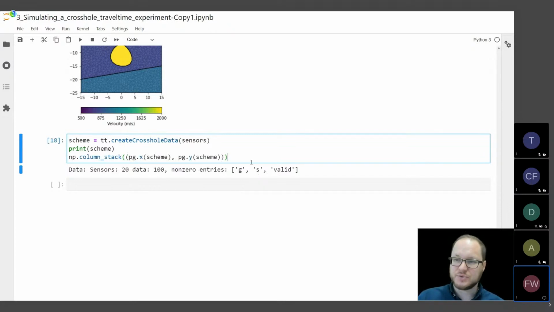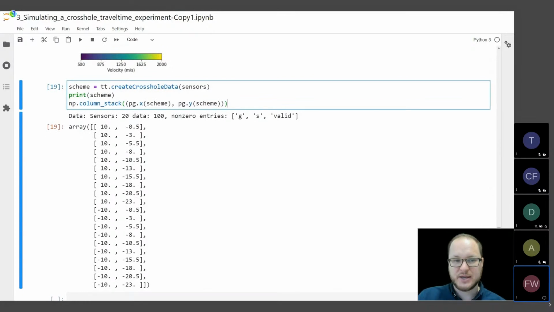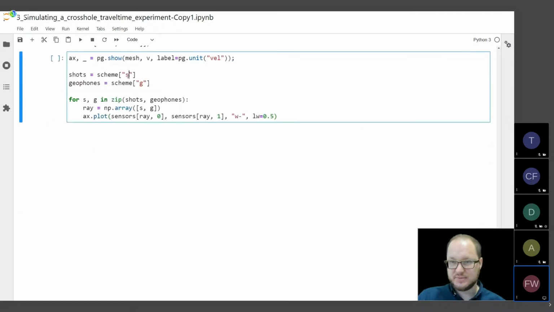And we also have the sensor positions. These are also part of the scheme file. And now we will iterate over sources and receivers. So S and G again, the sources and the geophones. And now I'm iterating over these 2 arrays. So every shot and geophone position, which makes up 1 ray. And if I'm just maybe looking at the first 5 of this,